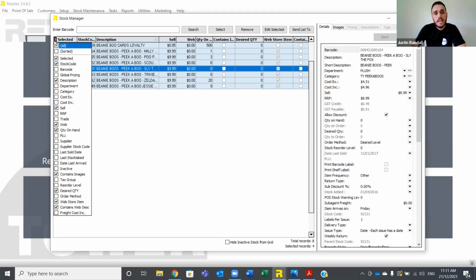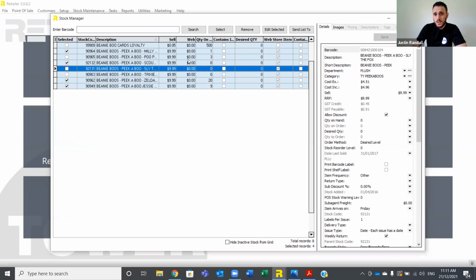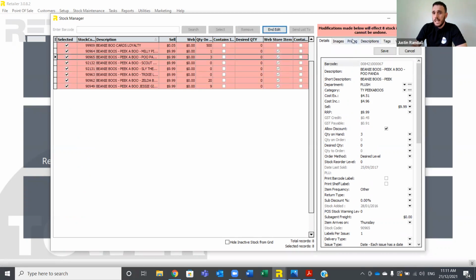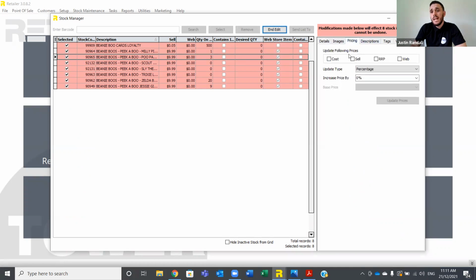You'll see here again, I can customize it. I'm showing all my web information, so whether it's a web store item, whether it has an extended description, whether it's got images and whatnot. If I click on select, get selected, you'll see in my web price field, I've got $0 at the moment. So I can come over here at the click of a button